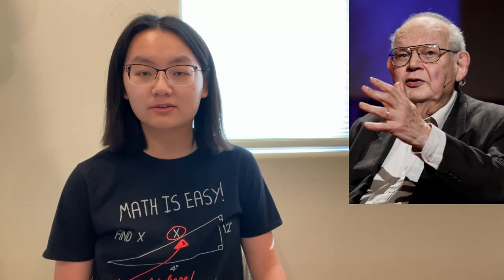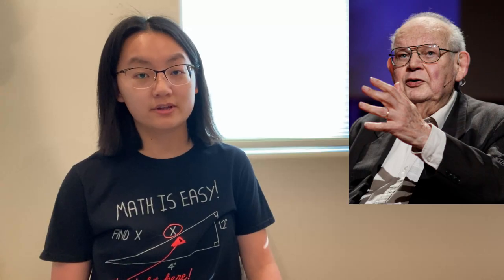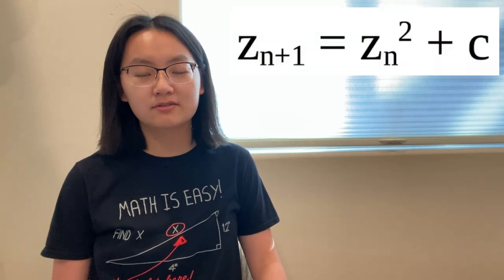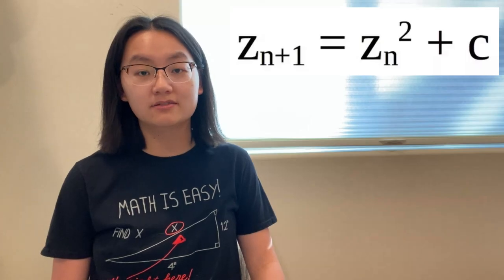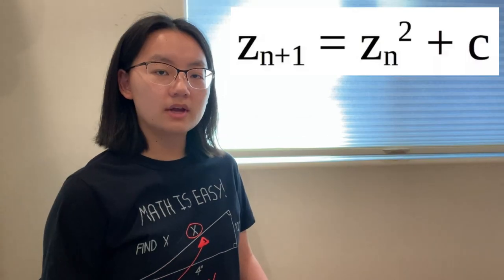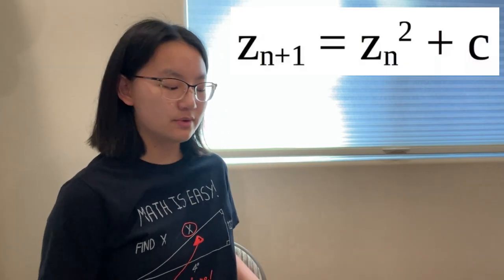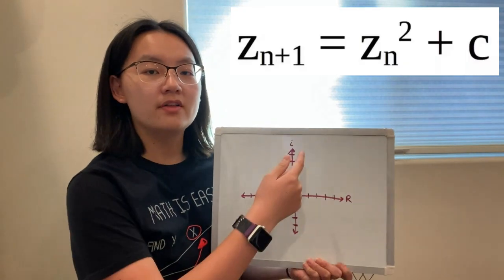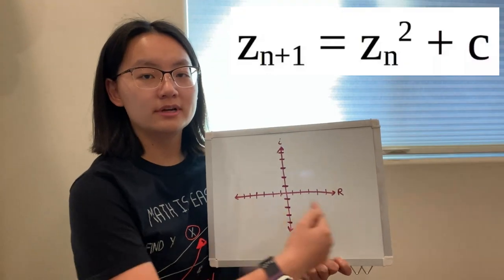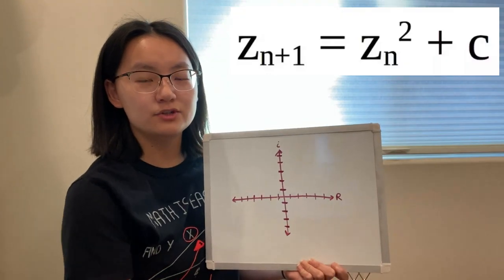Now, Benoit Mandelbrot, a Polish-born mathematician, was the first mathematician to coin the term fractal, and he devised an equation and came up with the Mandelbrot set, which looks like this. And he used the equation z of n plus 1 equals z of n squared plus c. Now, Mandelbrot used this equation on the imaginary and real plane. So he plotted imaginary points on the y-axis and real points on the x-axis, and you choose a c point